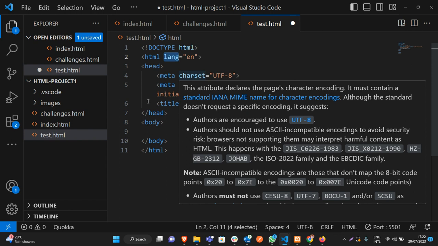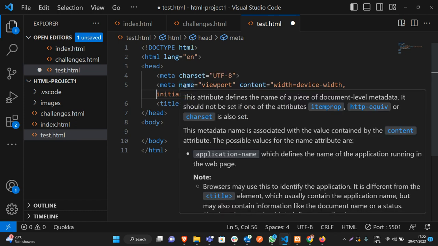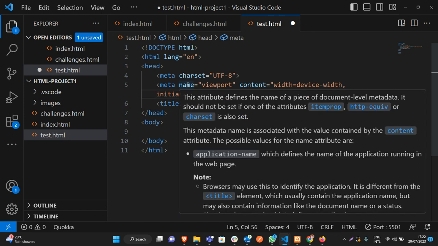So that's that. And then we have the meta tag that has the name viewport and the content. This name viewport is almost like a general thing. You can actually put a name attribute on any element at all, but we'll get to that anyways. So this attribute defines the name of a piece of document-level metadata. It should not be set if one of the attributes itemprop, http-equiv or charset is also set. Now, what this means is that,